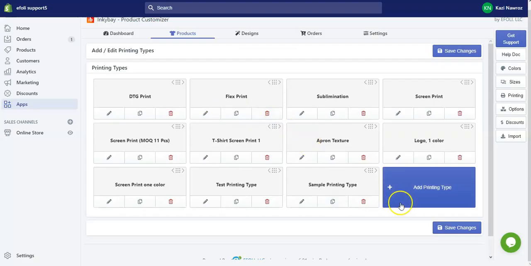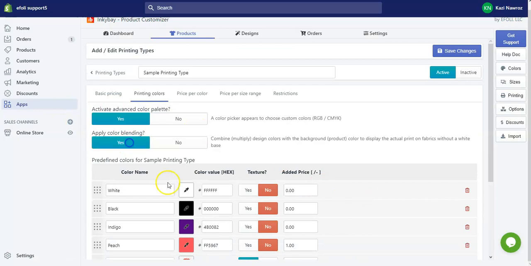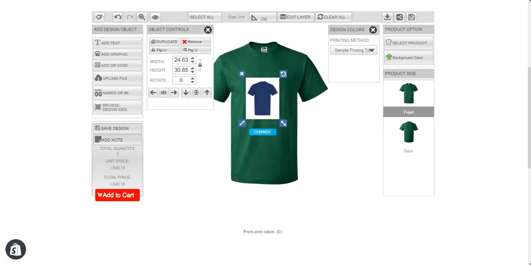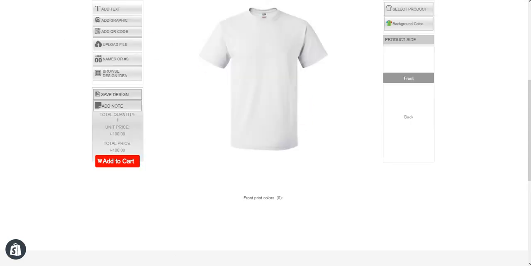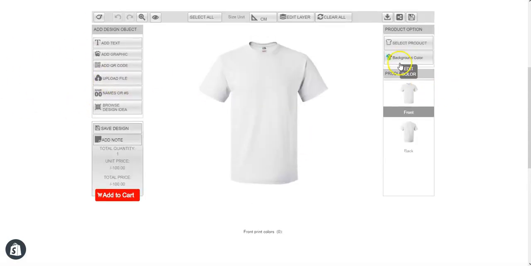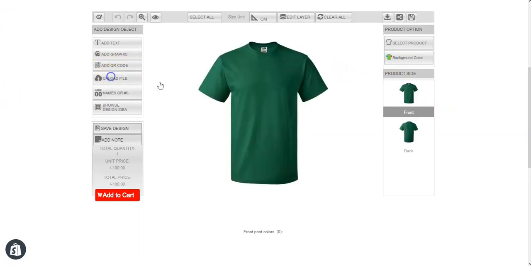But if we change the color blending to yes, and then reload it, and then change the color to green and upload the same file again.